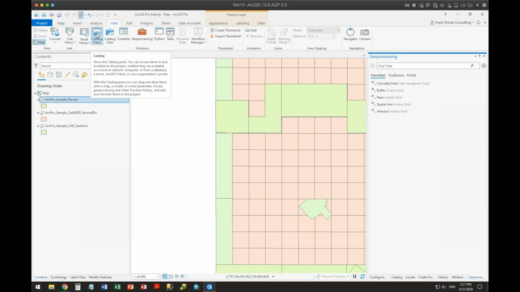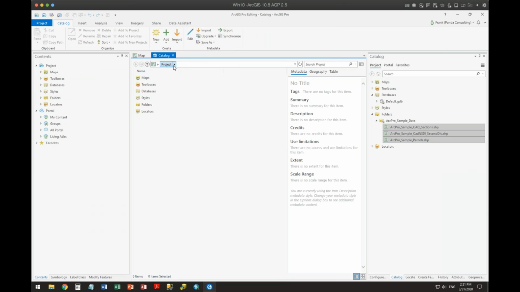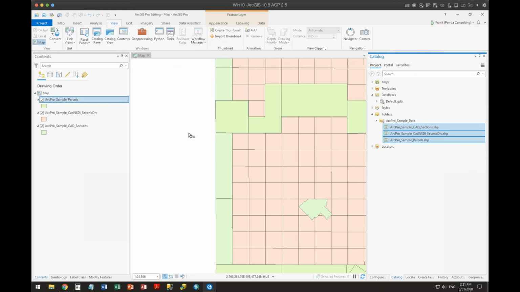If you want a catalog pane, catalog view. What's the difference here? A catalog pane moves it over on the side here. A catalog view puts it right over here in the view. This is a view. This is a pane. When you click on the wrong one, it's a pane, no matter what you do. So again, pane, view, pane, view.